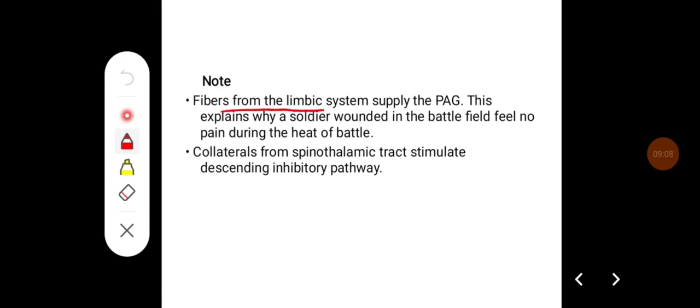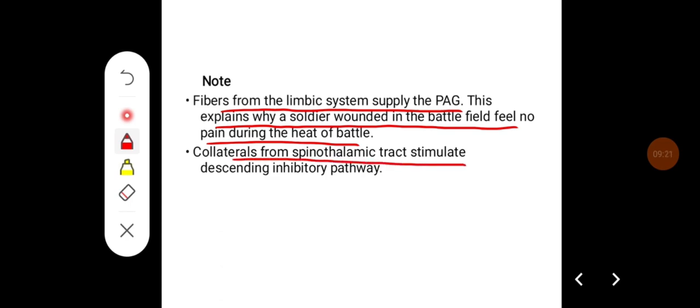Note that fibers from limbic system supply periaqueductal gray matter, and this explains why a soldier wounded in battlefield feels no pain during the heat of the battle. And there are collaterals from the spinothalamic tract that also stimulate